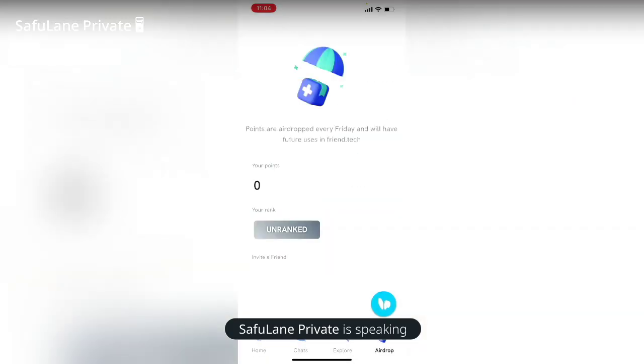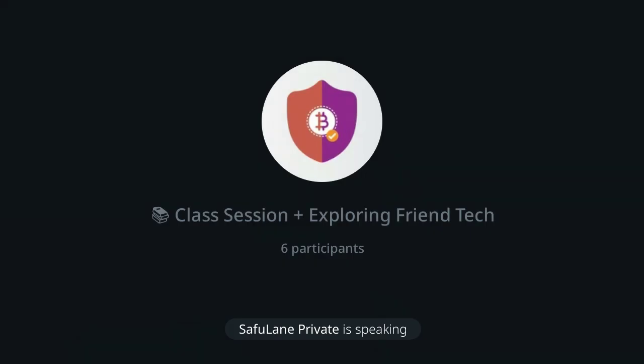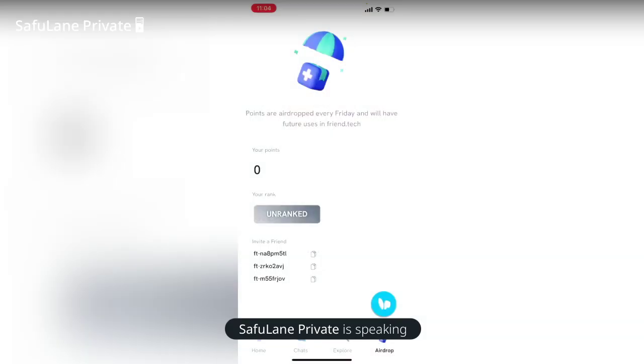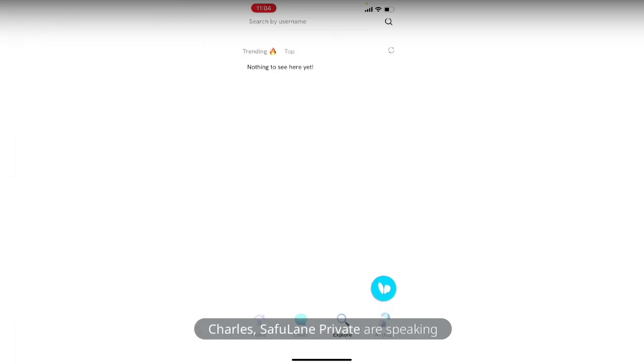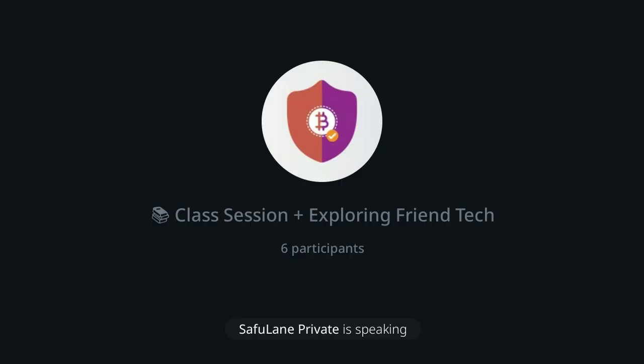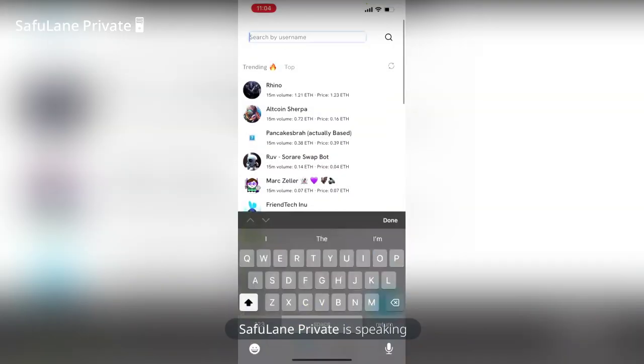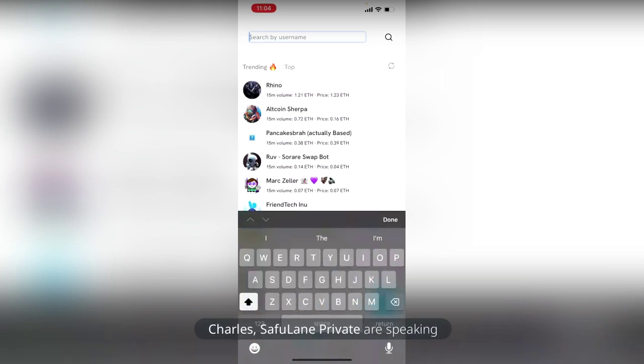Except if I want to invite someone, I can invite them using this code. This is clear enough. I can copy my code and invite you. But assuming you're on this app, I can use your username to search for you. What is your username? Or do you know of anyone on Friend.tech? I don't think I know anyone, but I'll try to. Okay, if you don't know of anyone,